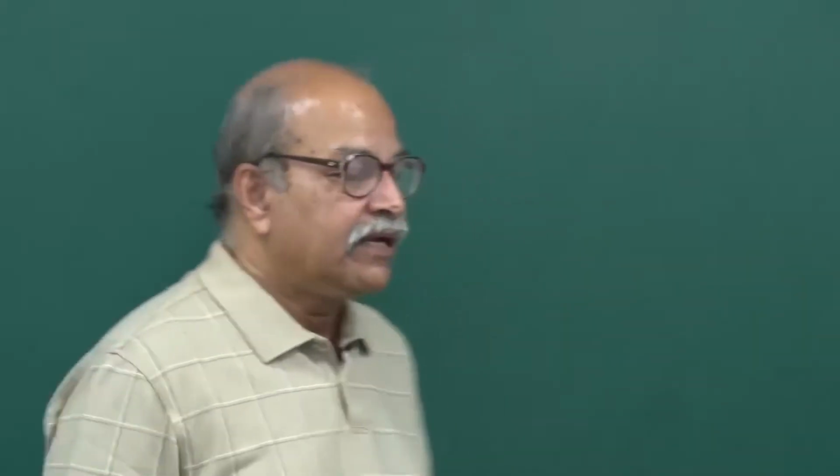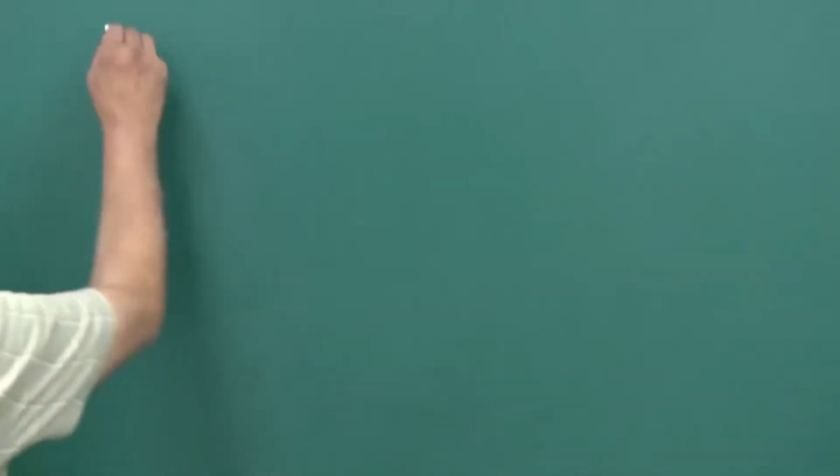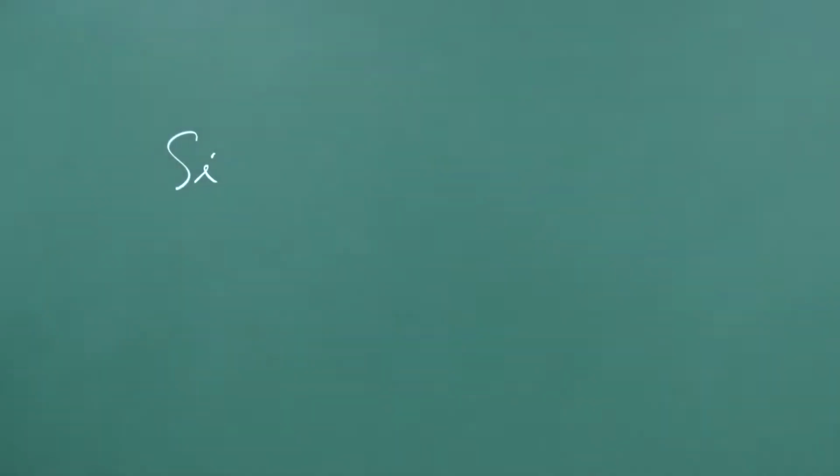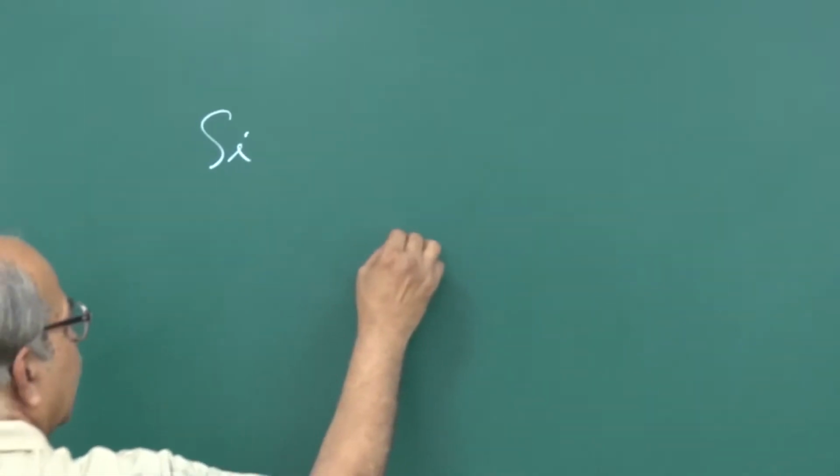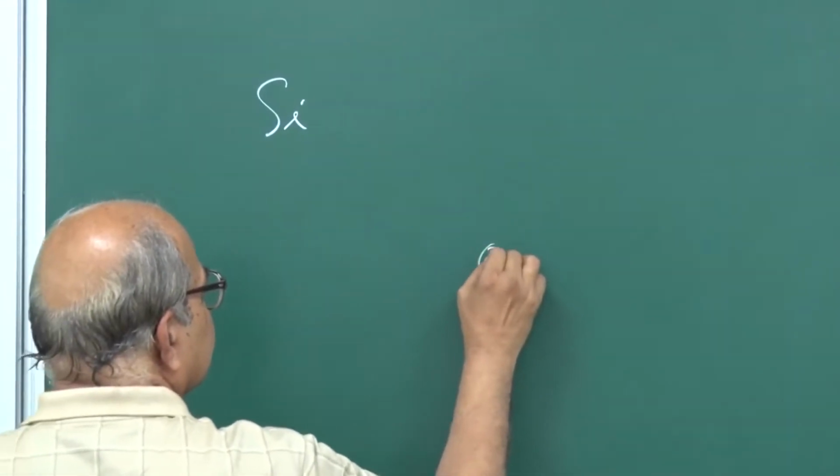So let me recap what we did in the previous lecture. We essentially talked about doping in semiconductors. If you take silicon, which is our model semiconductor, you have all those silicon atoms,